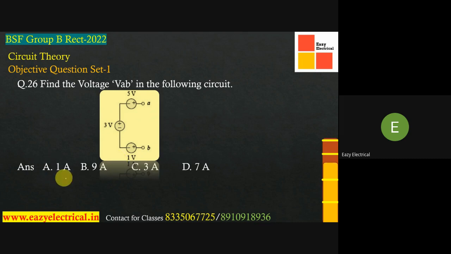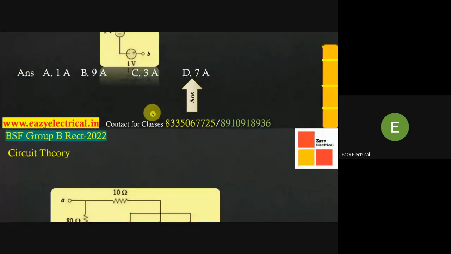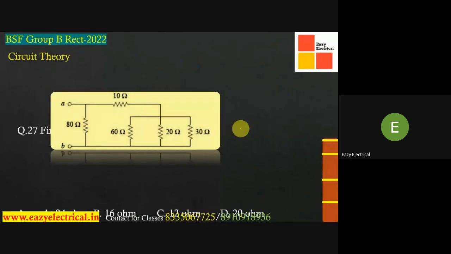ইউনিট গুলো সব ভুল লেখা আছে, সব ভোল্টেজ হবে, কারেন্ট লেখা আছে ভুল করে। কোনটা হবে? এই যে 3 আর 5 যোগ করে 8 হচ্ছে, 8 থেকে 1 বাদ দিচ্ছি, তাহলে কত হচ্ছে এখানে? 7 ভোল্ট আসছে, রাইট? এবার দেখো নেক্সট, এটা ট্রাই করো তো।